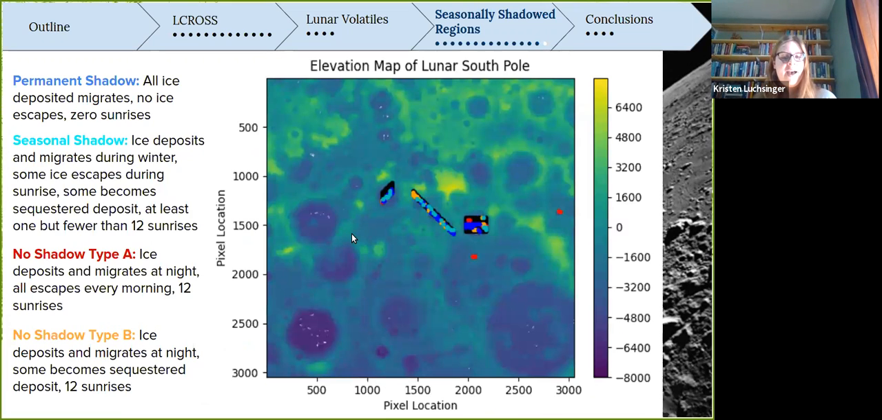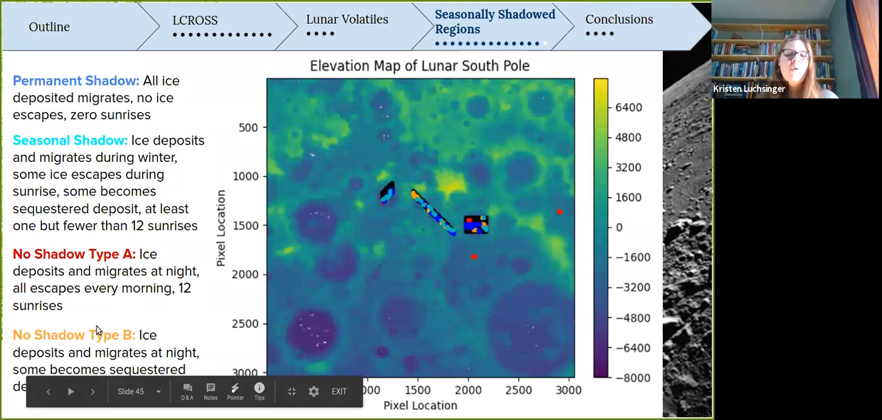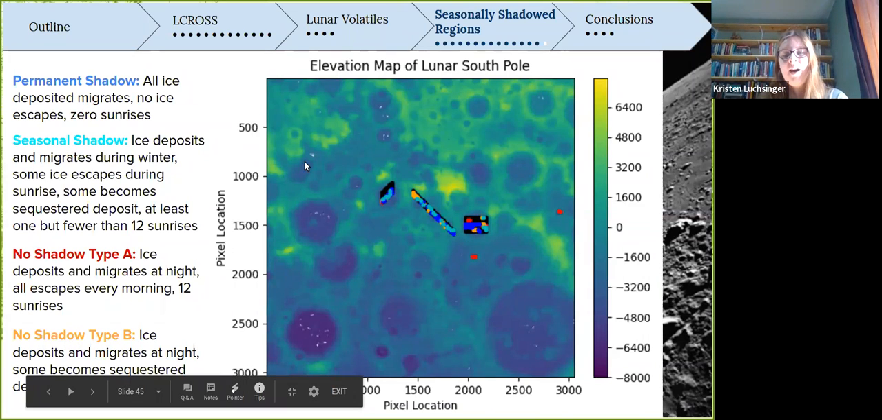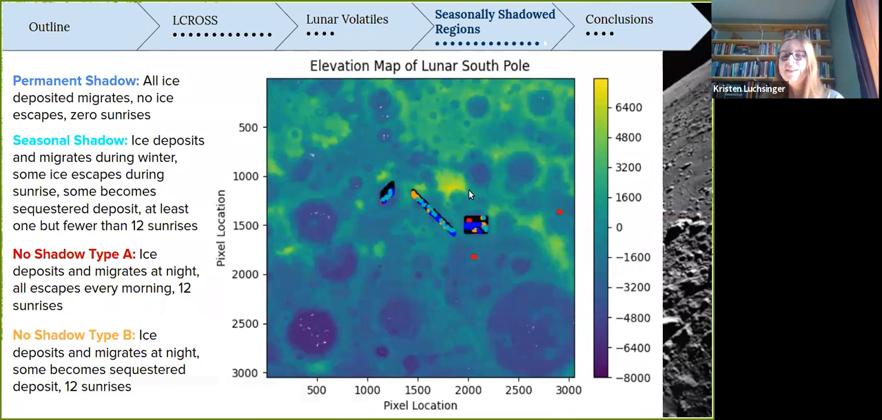And so here I have color-coded the various types. So blue is permanent shadow, teal is seasonal shadow, red is no shadow type A. Remember, that's the one with no stable ice. And orange is no shadow type B, which is the locations where you have 12 sunrises, but still some kind of sequestered deposit. And so if you're looking at the geological locations where we have these various types,